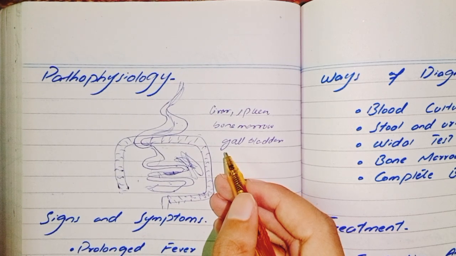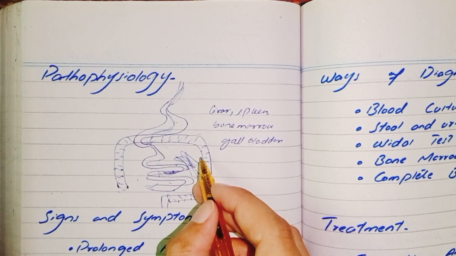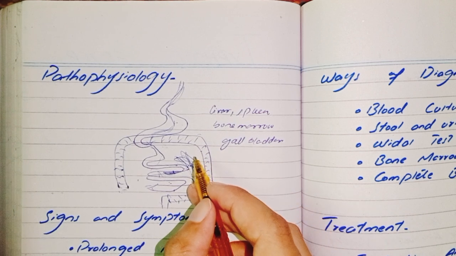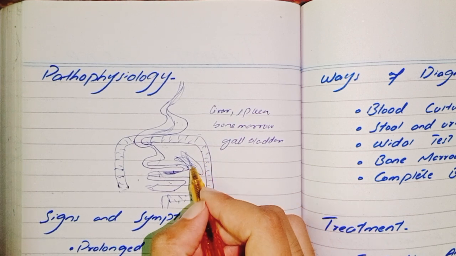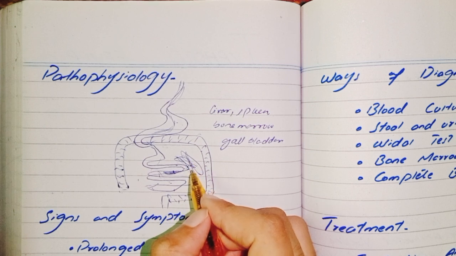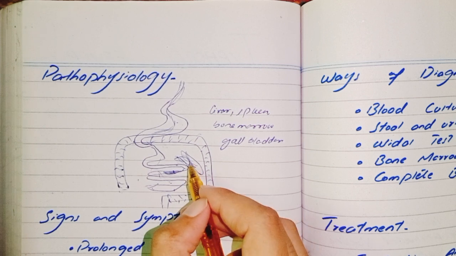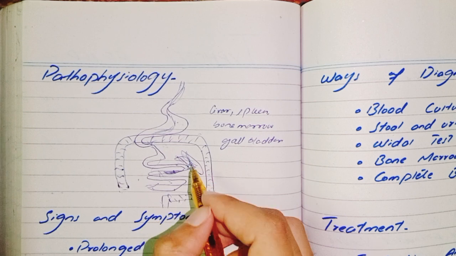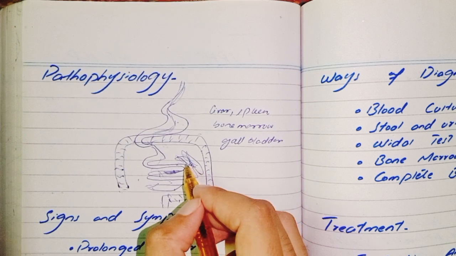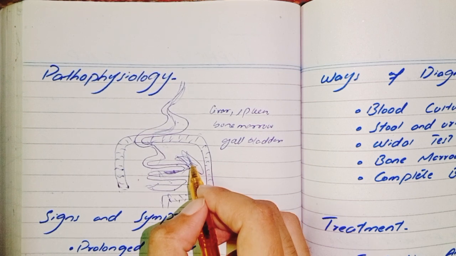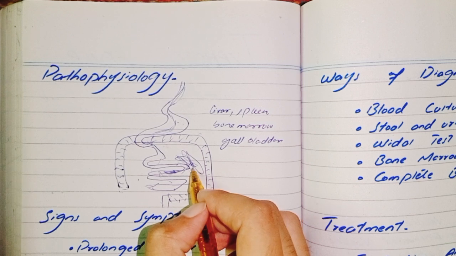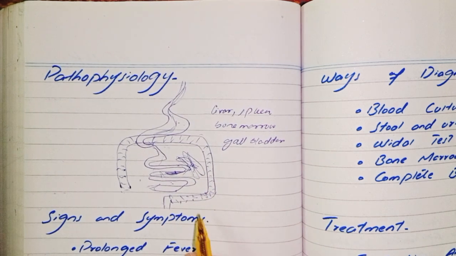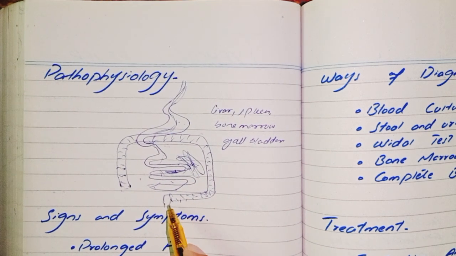The bacteria are eventually released from the macrophages. As I mentioned earlier, it is not destroyed in the macrophages; it multiplies in the macrophages. After multiplication, it is released from the macrophages and re-enters the bloodstream, causing a second wave of bacteremia, which correlates with the onset of clinical symptoms. The bacteria can also be excreted in the stool and urine, contributing to the spread of infection.